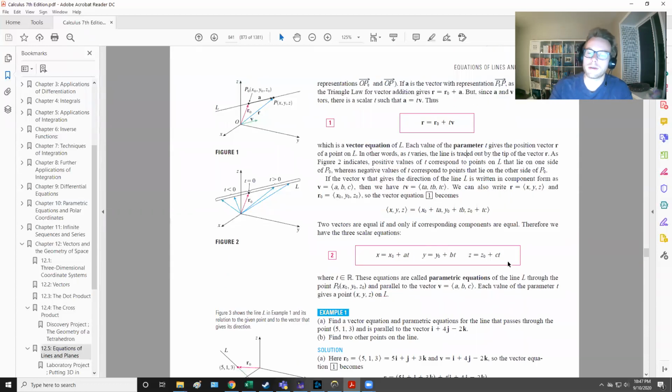The other way that you can sometimes write these things, lines, is a set of parametric equations. So remember, these all have coordinates, right? So these are the different points, the x, y, z coordinates at any given time. And so if you say that your initial point r naught is given by,